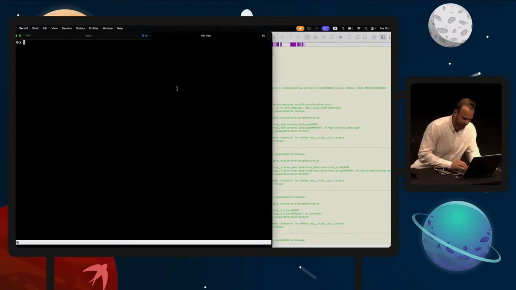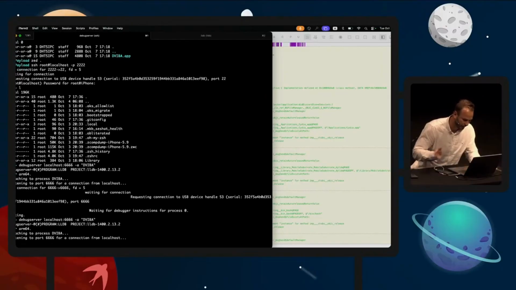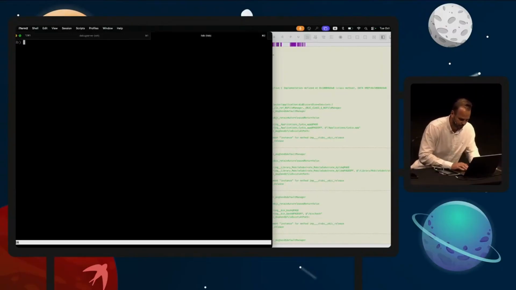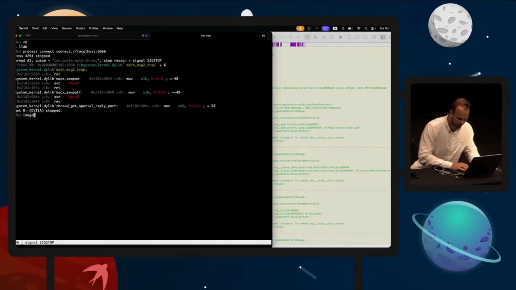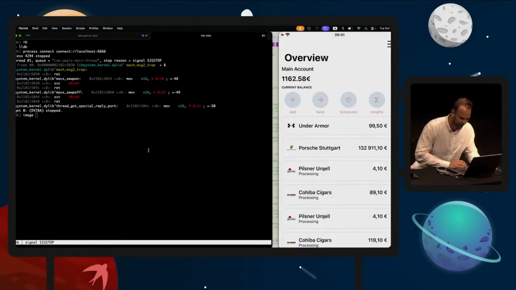So first one would be that we actually have to hook into the runtime again. So I'm going to start the debug server again. Here I have to kill LLDB, and I have to do process connect again. Now I have to get the address space layout randomization offset, because every single time a binary loads into memory, it loads into a different address space. That's a security feature of the kernel and all modern operating systems, actually.